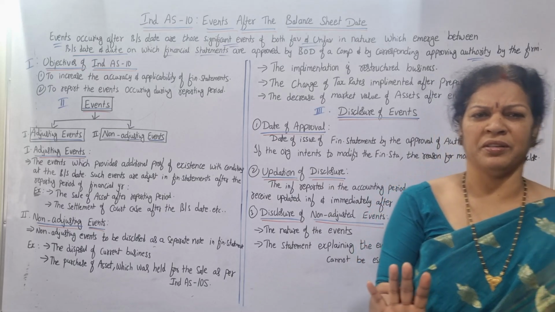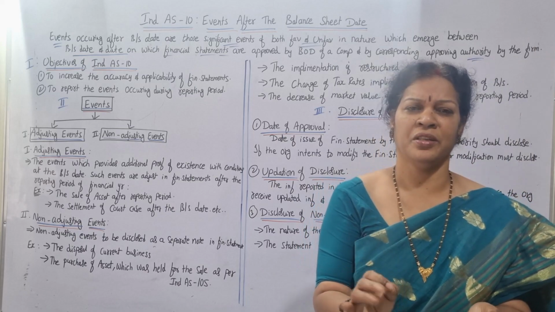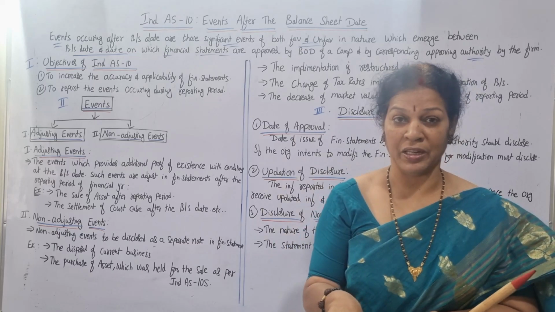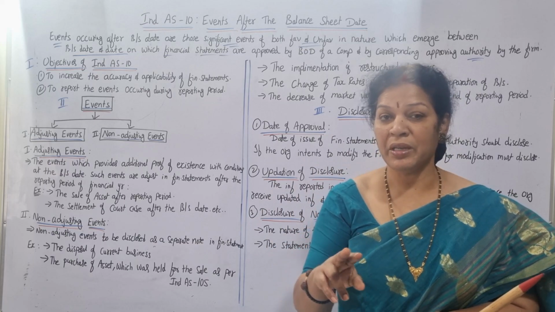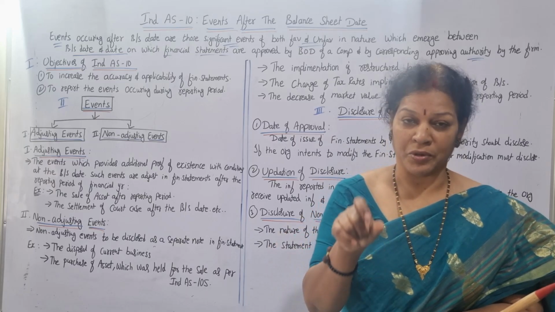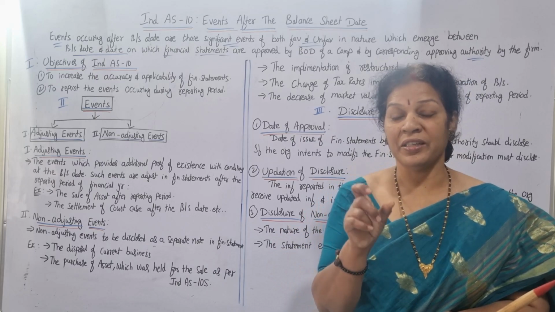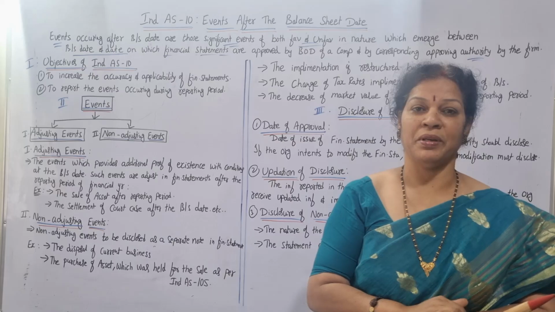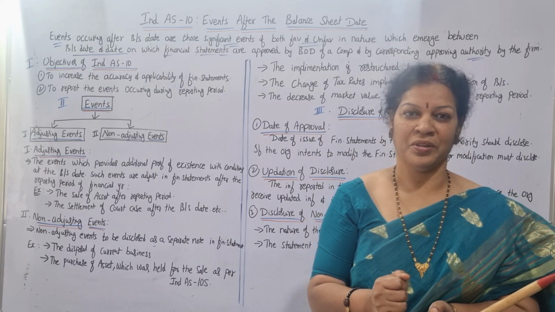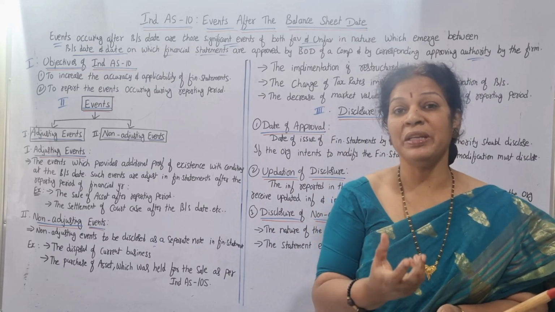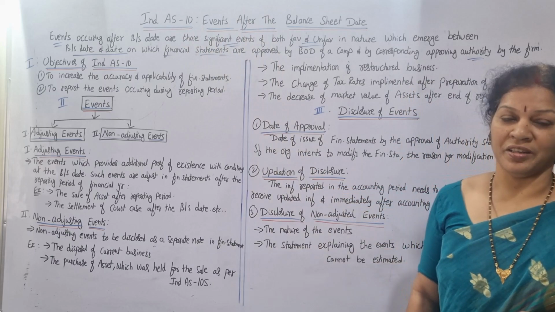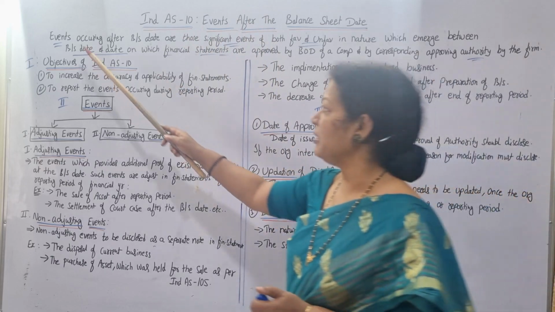In simple words you can remember: a few events occur during the preparation of the balance sheet or after its preparation. The events can be favorable or unfavorable, but with the approval of the board of directors, with the approval of the right authority, the balance sheet is already prepared or under preparation. But these events happened. What to do? Which events are to be included or not included, this we are going to discuss in Accounting Standard 10. Once again you read it, it will be clear for you.